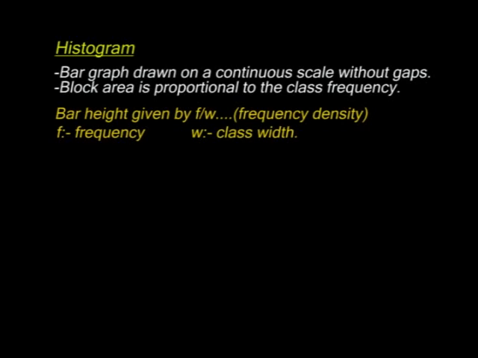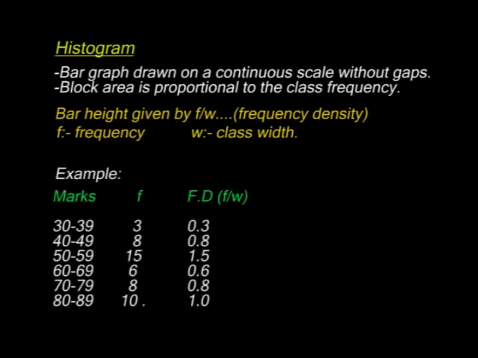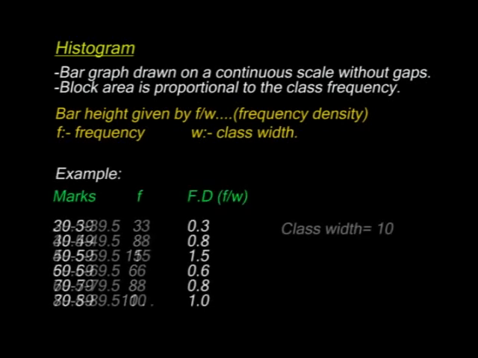We shall now use the class boundaries in our table. So our width was 10. So we'll have the table as shown here, and then we introduce the frequency density. So the class size was 10. Frequency is the number of students in this case. For example, on the first class, 3 over 10 should give us a frequency density of 0.3. Next is 8 over 10 giving us 0.8, and so on up to the last one. 10 over 10 is 1.